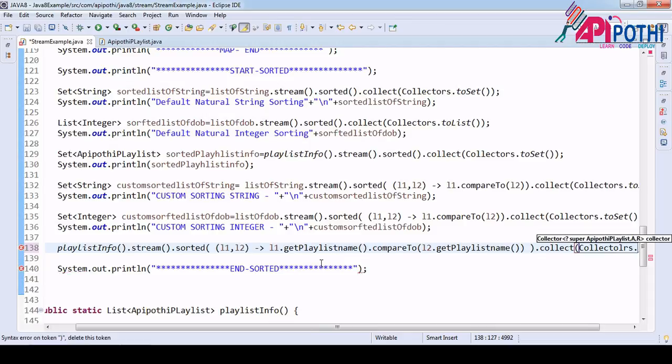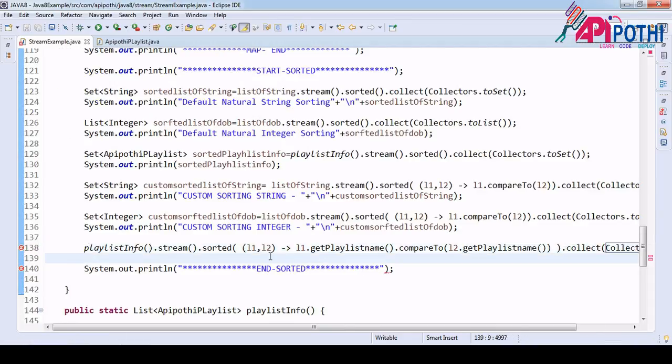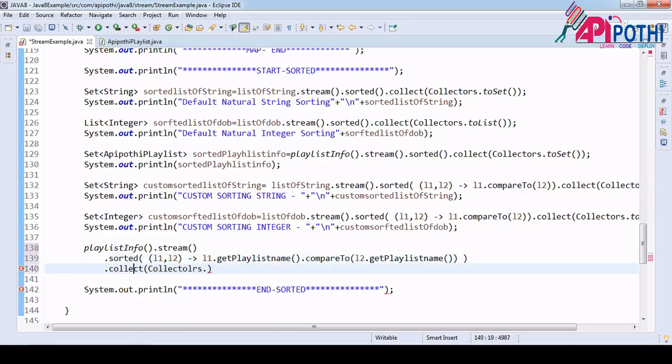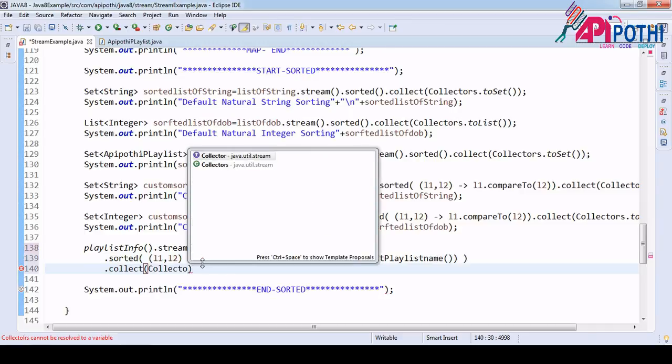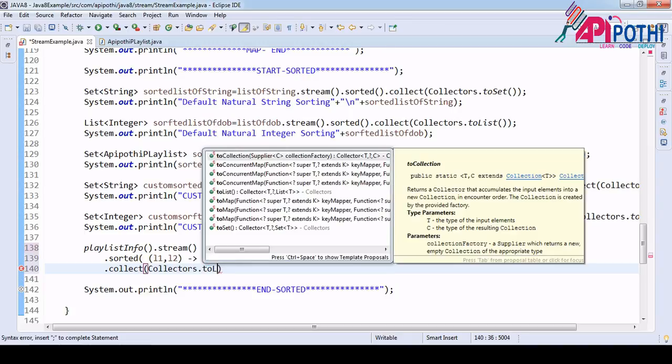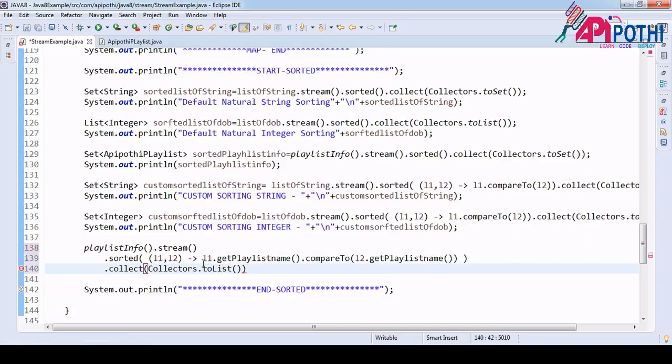Collectors dot, okay, let me format this code. So here is the stream, here is the sorted, after sorted I want to do the collect, so Collectors dot toList.